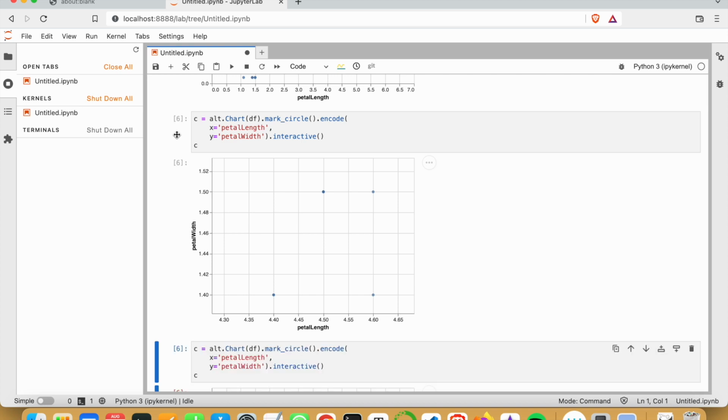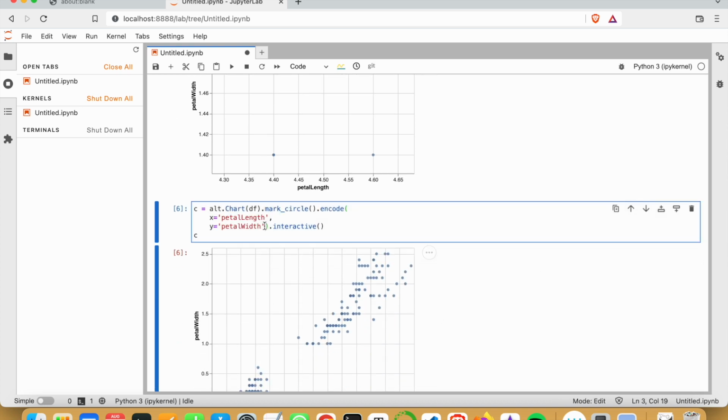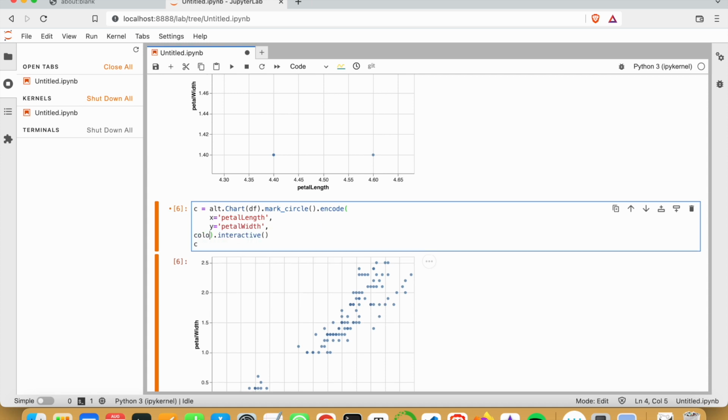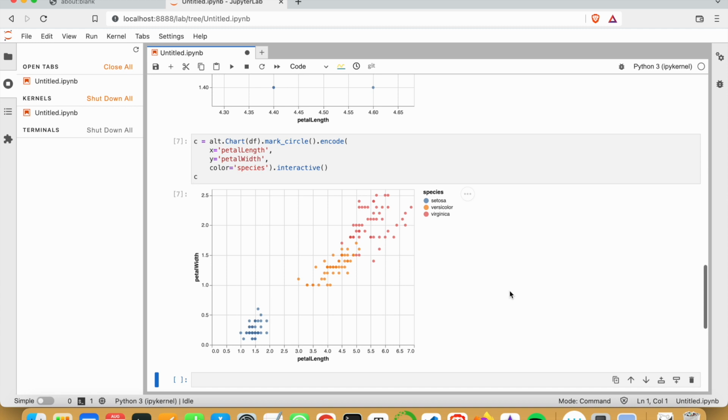Now, we're going to copy paste again, and we're going to add another parameter to encode. This parameter is color, and what this will do is identify the 3 different species that are in the chart. Shift enter, and we see now that the 3 different species are colored, and this is a much more informative chart now because we can see where the different